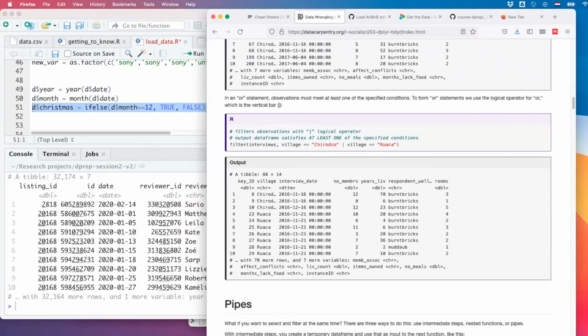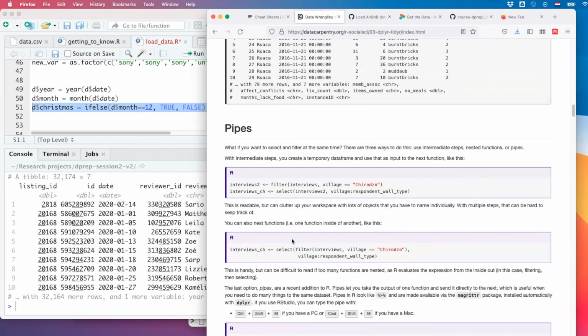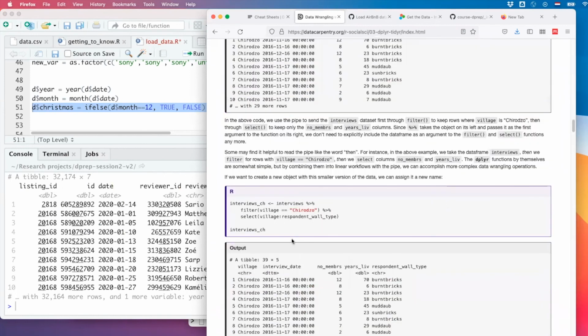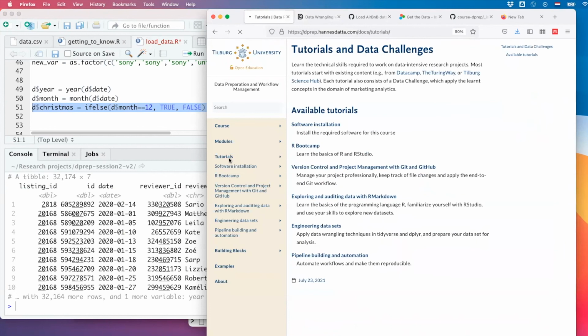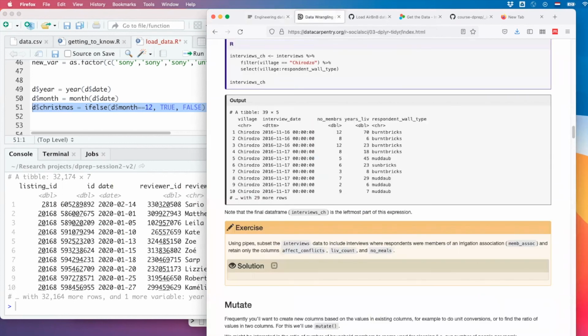So I suggest that probably the best way to work through this is to take this data, because it's more exciting than the data that this tutorial runs on, and try it out on how to do this. I would also point out that later in this course, when we engineer data sets, there's going to be more on tidyverse. And maybe I can even enhance this tutorial a bit now that I know you're already up to speed with tidyverse. So yeah, it's something that's extremely useful.